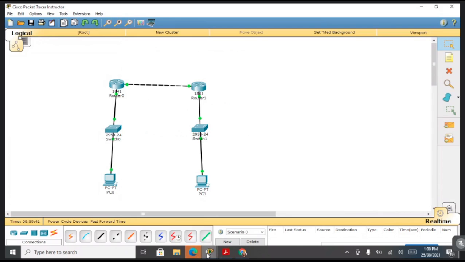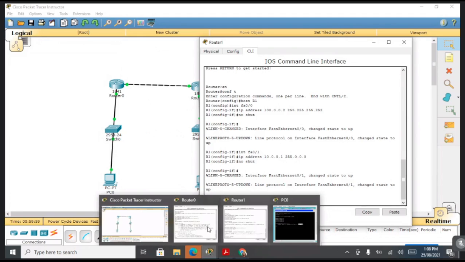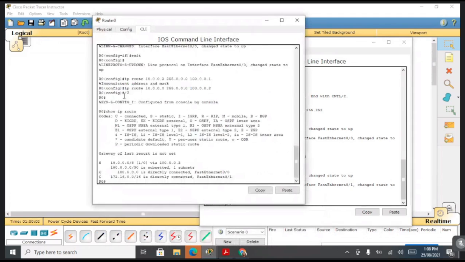So let's move to R1. Now on this R1, there is no static route yet, right? So same as we created on R0, this command, ip route.